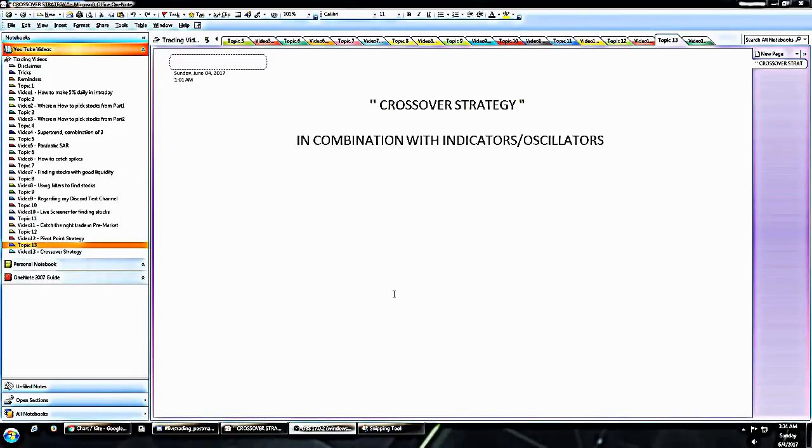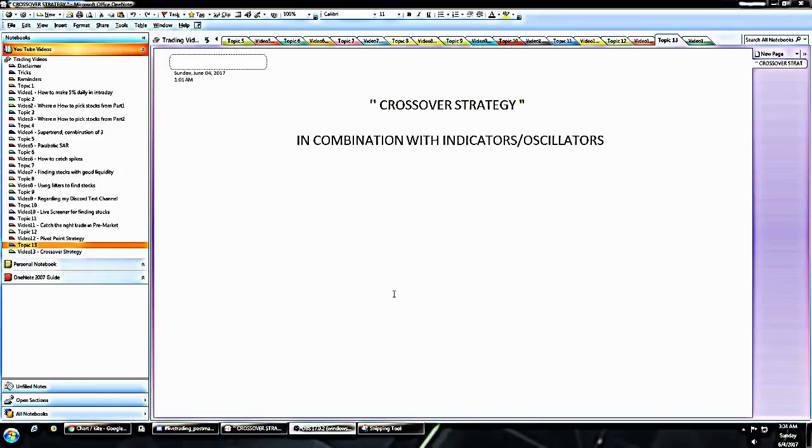So today the strategy that we are going to discuss here is called the crossover strategy. Basically, we will use EMAs, that is the exponential moving average, and use their crossovers to find trading opportunities. Now before we start, we need to keep in mind that in intraday trading, as I